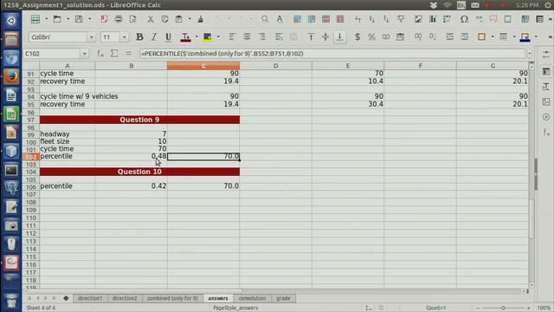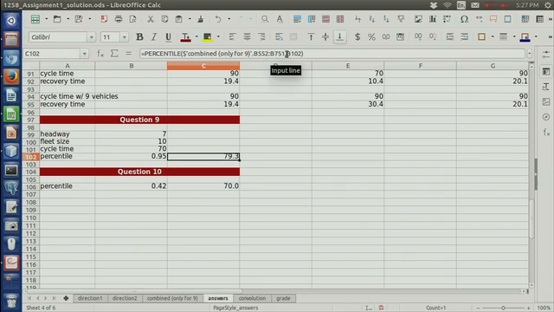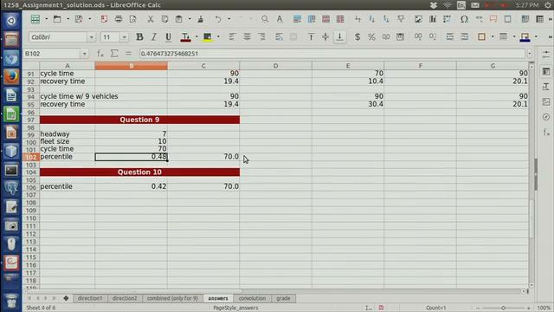Initially I set it to, I don't know, maybe 95, and it gave me the percentile. This percentile is running on the AM peak data on spreadsheet 9. And then I said change that percentile such that this cell equals 70. And it solved it, and it gave